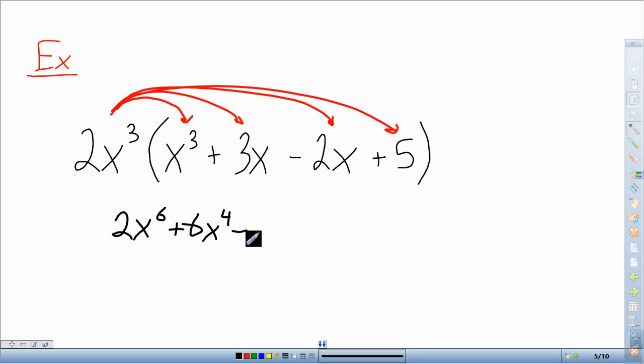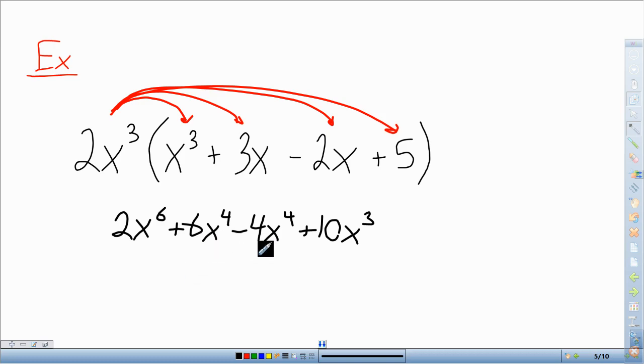2 times negative 2 is negative 4. x cubed times x to the power of 4. And 2x cubed times 5 gives me 2 times 5 is 10. That x cubed doesn't have any more x's to multiply with, so it's just going to stay x cubed. Okay, so here we are, and the question is, I take a step back and I notice, oh, we actually